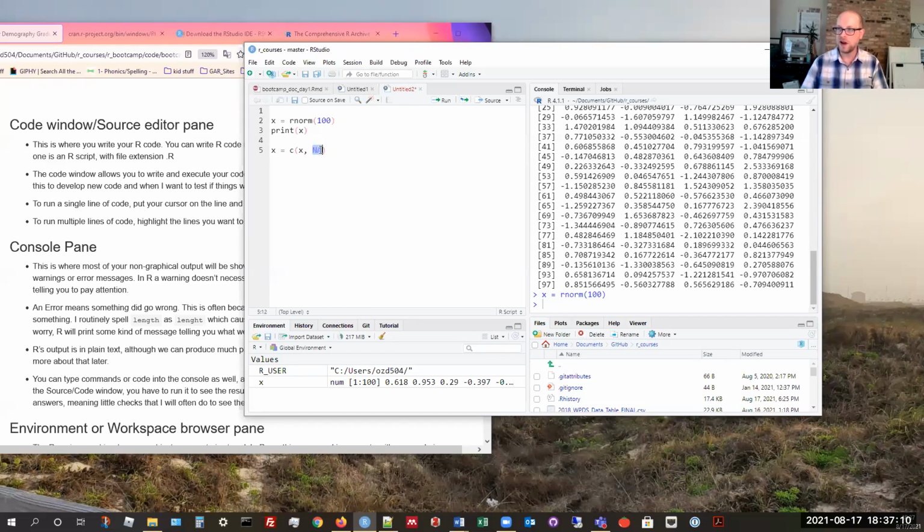NA is R's missing value code, and we'll talk about this more later. But what I'm basically doing here is taking these 100 random normal numbers and adding a missing value to the end of it. I'm doing this for a reason, because I want to take the mean of X. The mean is just the arithmetic average. If you sum up all the values and divide by, in this case, 101,